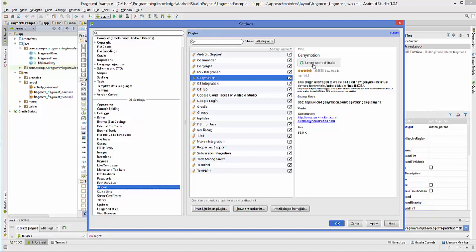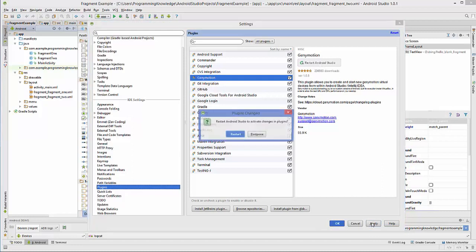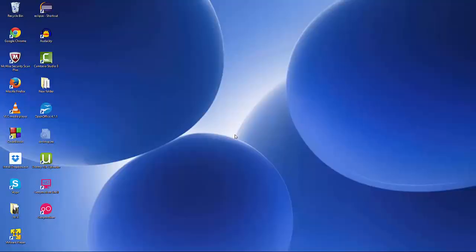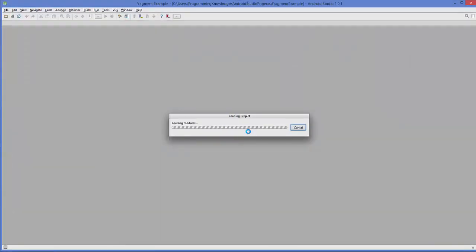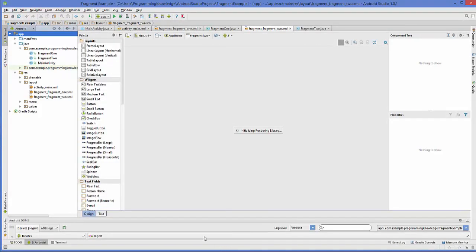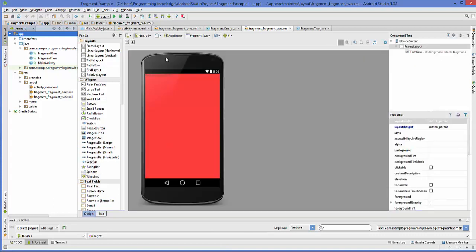And in here you will be able to see restart Android Studio. You can click this button, restart Android Studio, and if it doesn't work, you just need to click apply. And when you click apply, you will be able to see this option which says restart Android Studio to activate changes in plugins. So just click restart. And once Android Studio has been restarted again, you will be able to see this small icon here for Genymotion